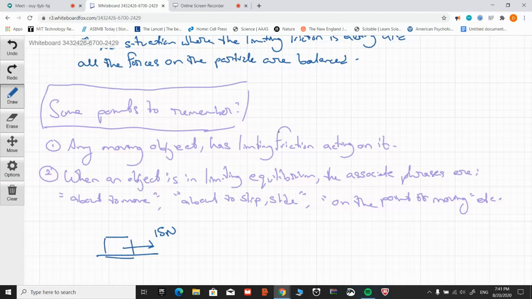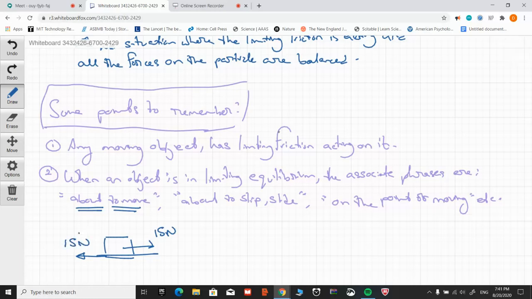The object is still not moving, but it is on the very verge. মানে আর একটু ফোর্স বাড়ায় দিলেই সে সামনে মুভ করা শুরু করে দিবে। But the current stage is still an equilibrium. And in fact, যখন তোমাকে একটা আইডিয়া দেবে it's on the brink, on the verge, about to move, মানে একদম লাস্ট মোমেন্টে আছে, তখন বুঝতে হবে it's an extreme equilibrium, it's the limiting equilibrium, meaning ফ্রিকশনটাও লিমিটিং কাজ করতেছে।